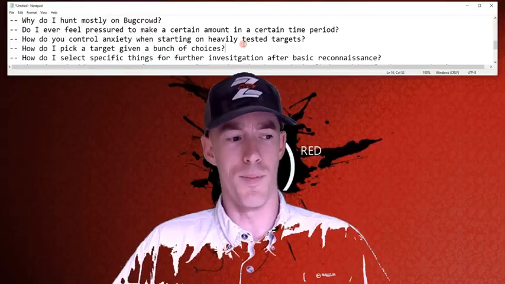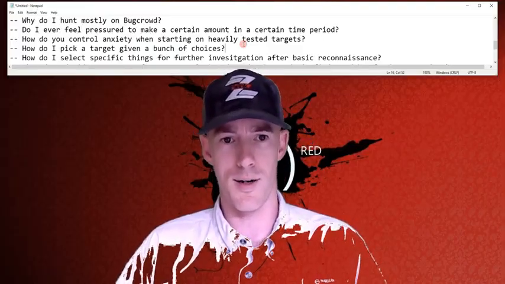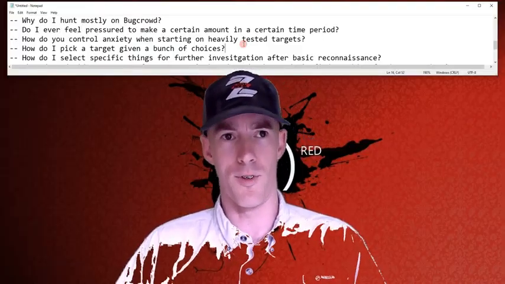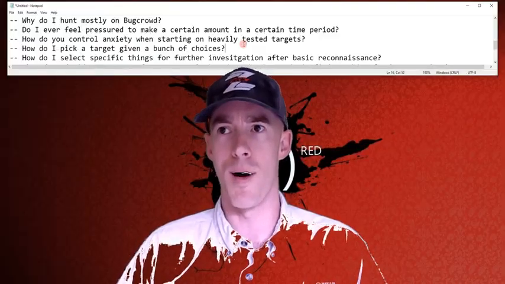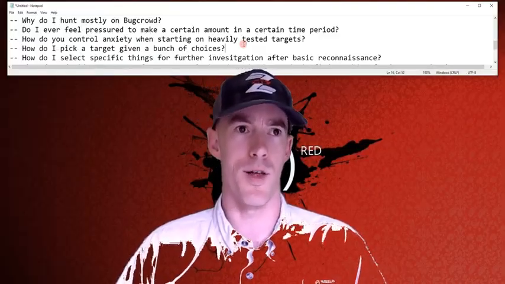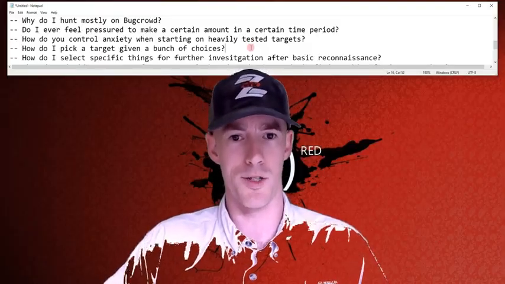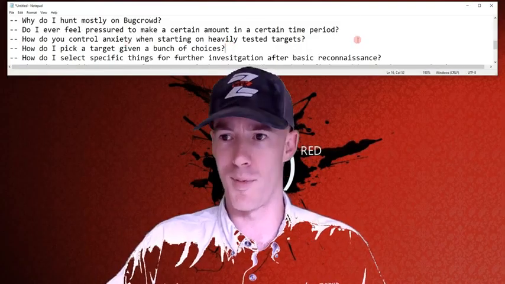And targets that put a bunch of things out of scope, as far as type of vulnerabilities that can be sought after, I would say I don't go after them very much. I don't like programs that mark everything out of scope and know about serious security issues and say they don't care. It's known, we're not going to do anything about it. I'm like, whatever. I just move on to the next target. Those are programs I'm not interested in working with because they don't really care about security.